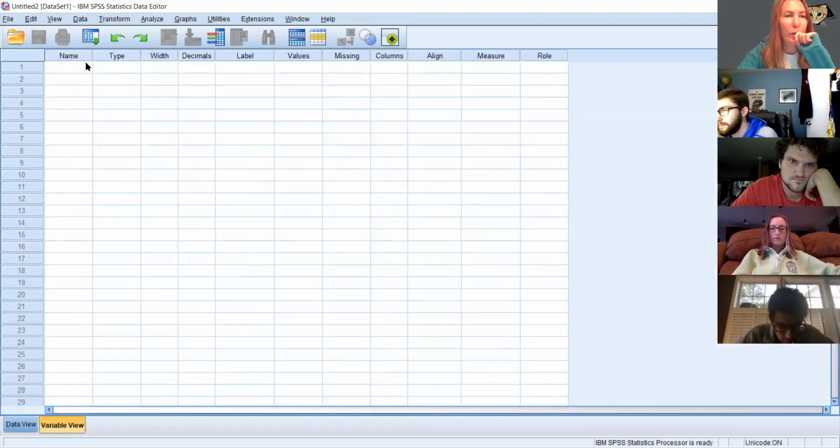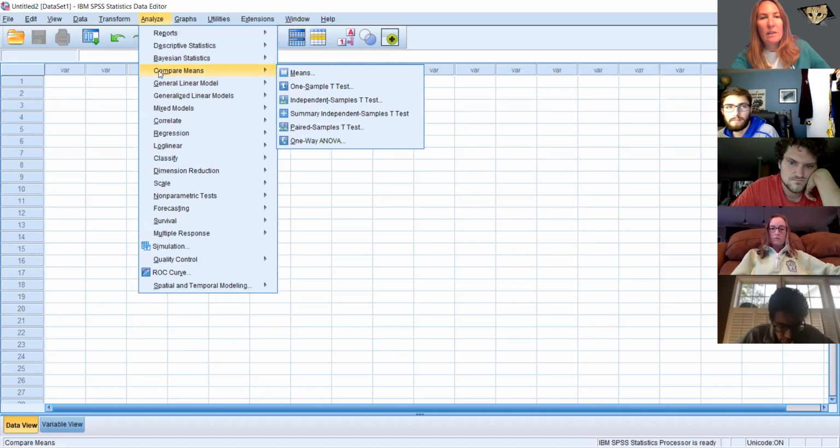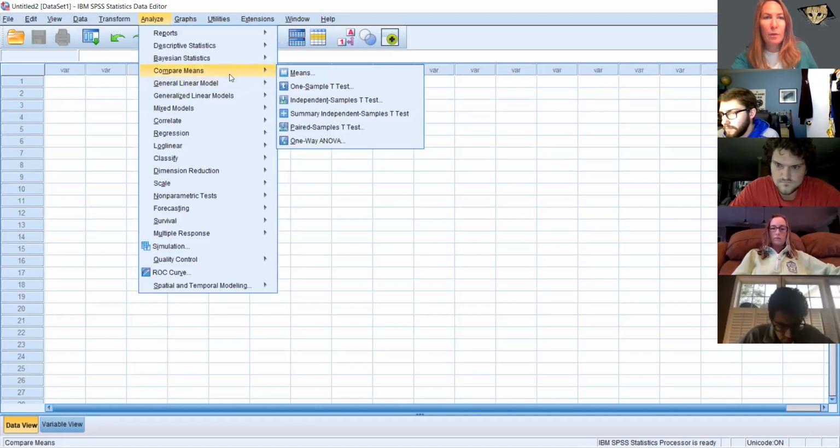So the first one is a between subjects, and so you just use the one-way ANOVA under analyze and compare means. For the repeated measures, you're always going to use the general linear model and then go to repeated measures. We're also going to use the univariate and multivariate ones when we get into ANOVA, but those are the only ones. Here in compare means, we've talked about the independent samples t-test